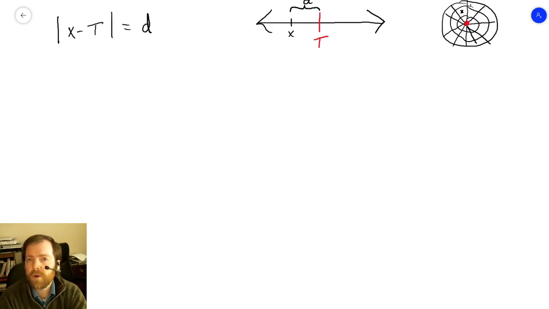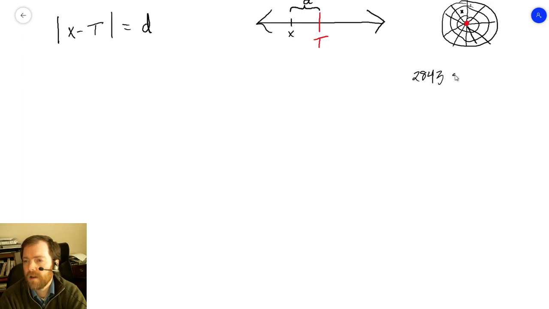And what we really want to know is, mathematically speaking, how do we find out what d is? Or how do you find the value for d? So if you have actual numbers for x and t, you can find the distance between them by subtracting their values. If you wanted to know how far apart two numbers were, and this is any two numbers,